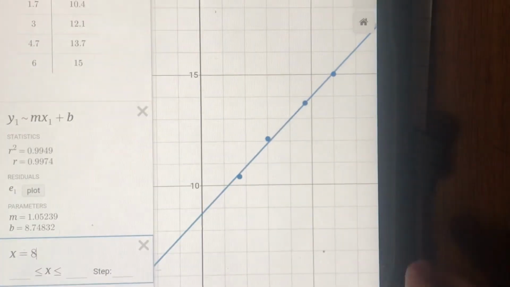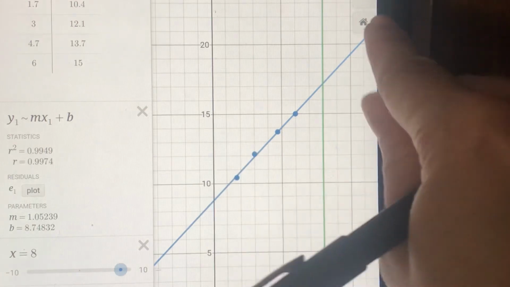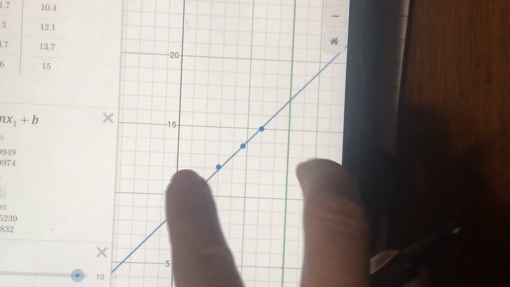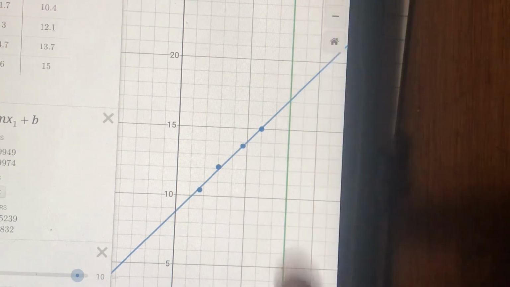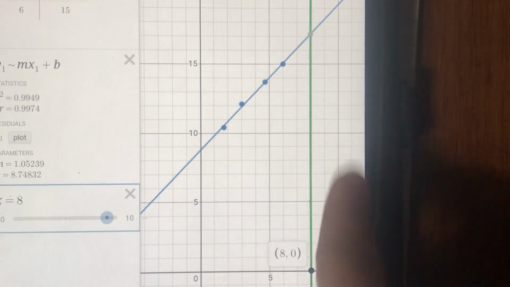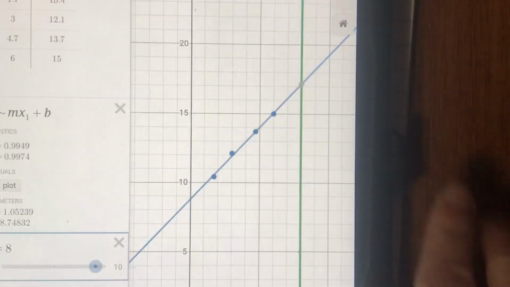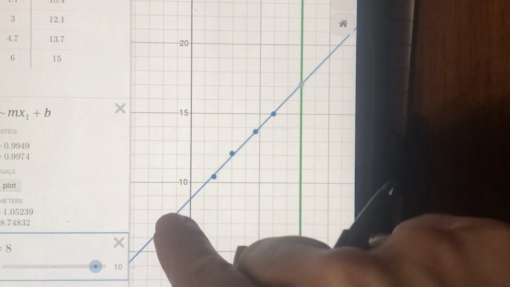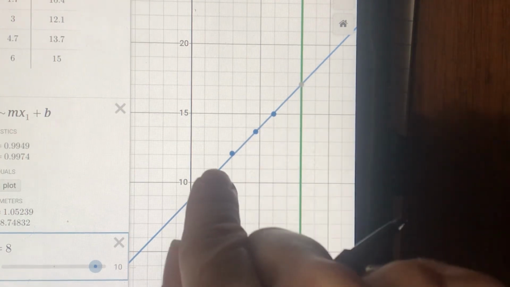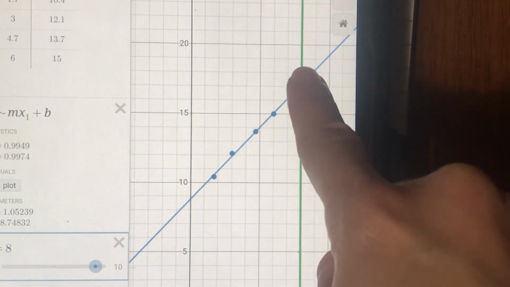Now, you may have to do a little bit of zooming out here. You can either zoom out. I'm on a tablet, so I can use my fingers. If not, you'll have to use this zoom button right here. So see how my graph now has a green line at x is equal to 8. And you can actually see it down here. Yeah, I'm at 8, right, on my x-axis. What I'm going to do is find the intersection between this line of best fit. Remember, this is the prediction line. This is showing me what my trend is in my data. As time goes on, I go further and further in distance, right? So right here is my